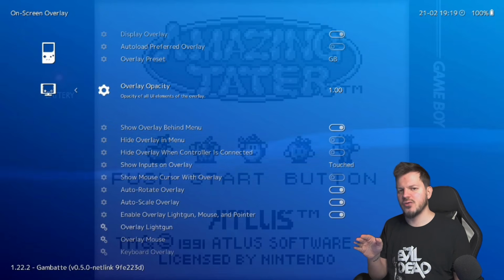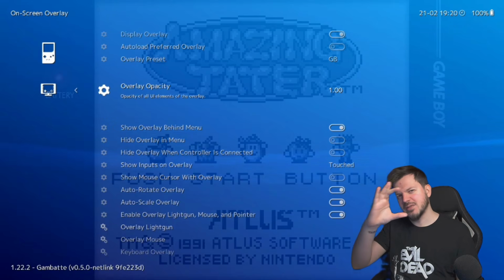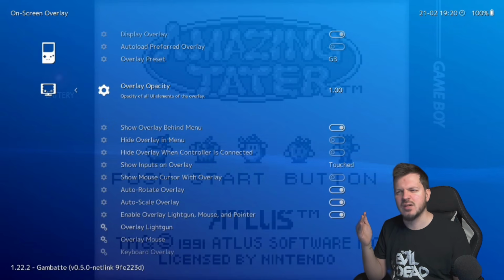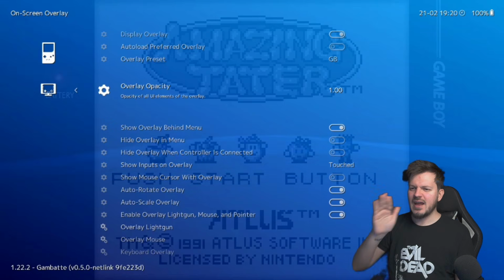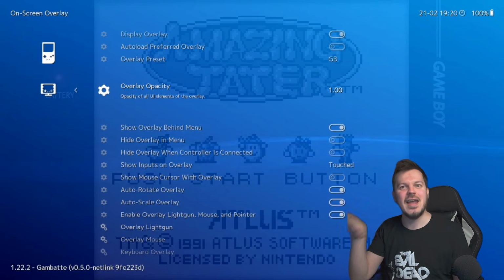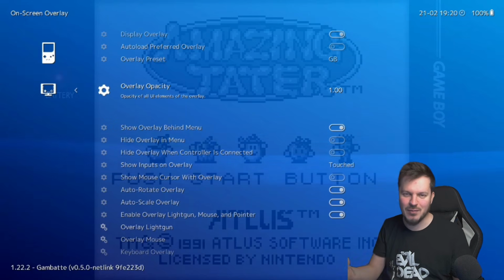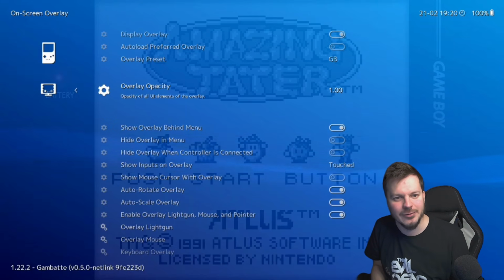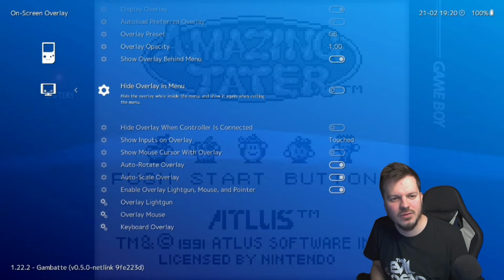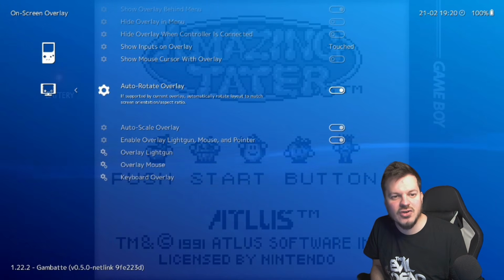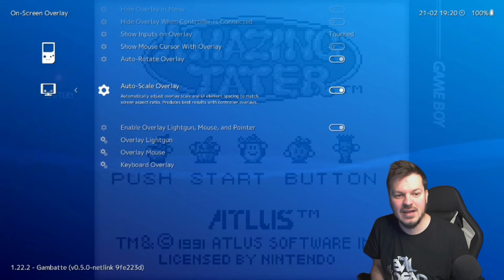However, if you've got some that have a bit more of a shader-like feel, where I know that for some of the arcade ones that I was testing on my PC a couple of years ago, it was like it was looking in the arcade cabinet. For them, you want the opacity so you can actually see the game behind it. Otherwise, it'd be quite difficult. We'll leave that unchecked. Don't need to do any of these. Make sure auto rotate and auto scale is on. Then